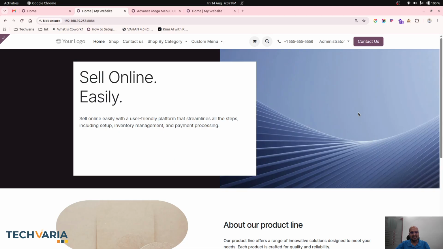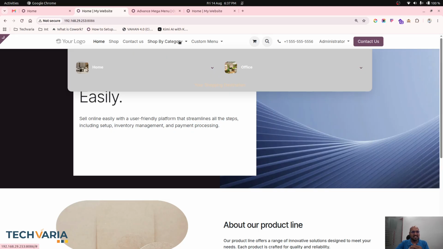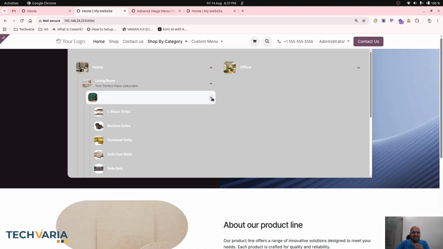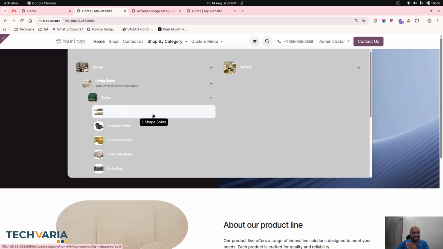Today I am coming up with a very interesting, useful feature to demonstrate, which is developed by us at TechVaria, and this is for an e-commerce website. In standard Odoo, the mega menu has very limited choice. Now let me explore what we have done. Over here you can see we have implemented a shop by category feature which can lead you to n number of hierarchy to connect your main category, subcategory, third level category, fourth level category easily with a unique